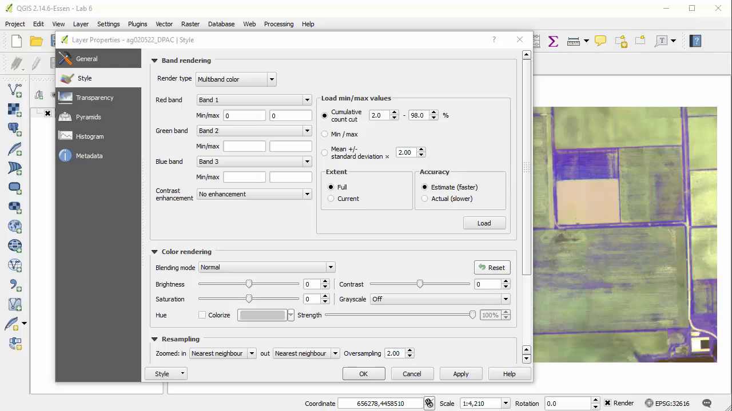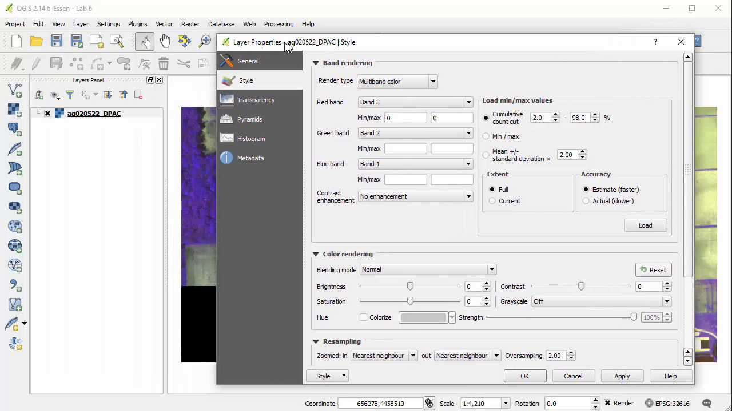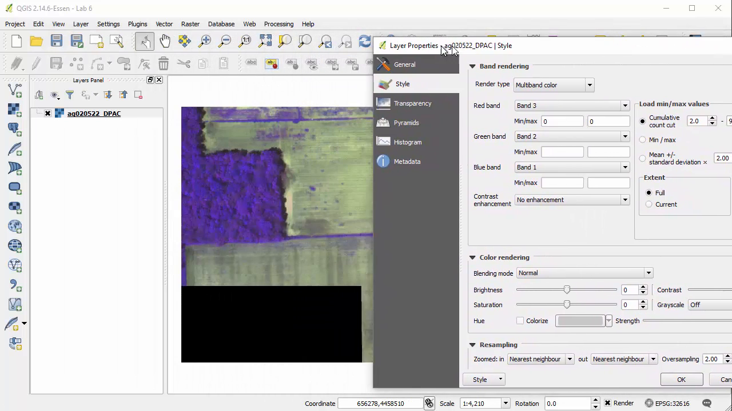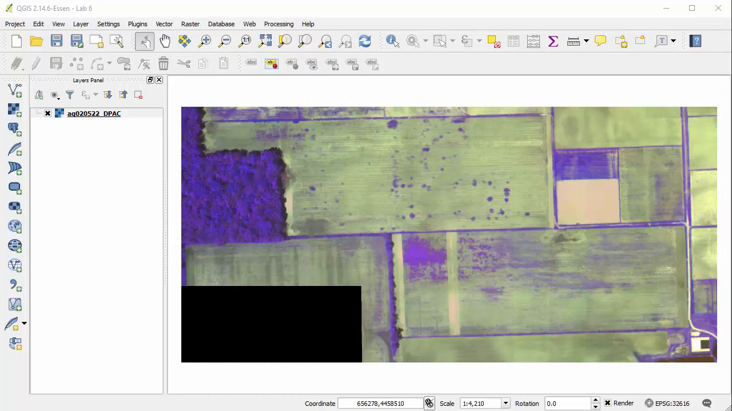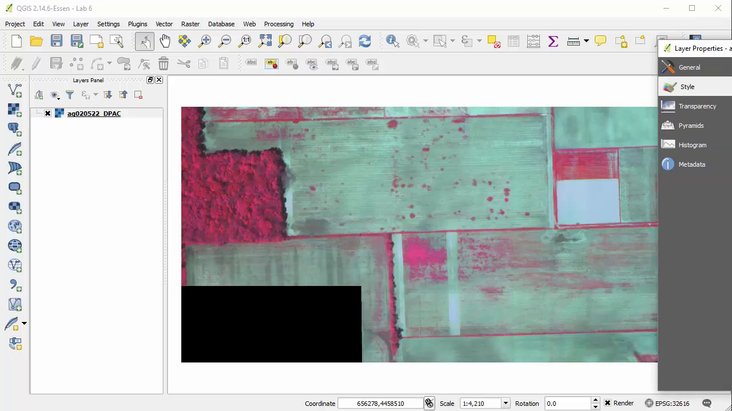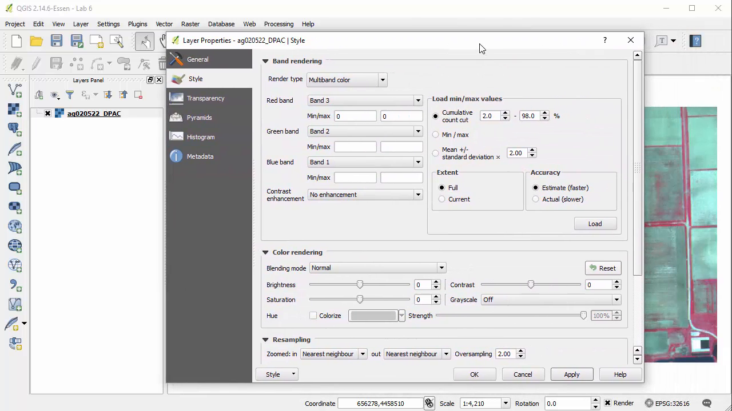So for instance, click the drop-down arrow next to the red band and change it to band 3, and change the blue band to band 1. Move the layer properties out of the way, and then click Apply, and so you can see the change. Next, click the Load button,